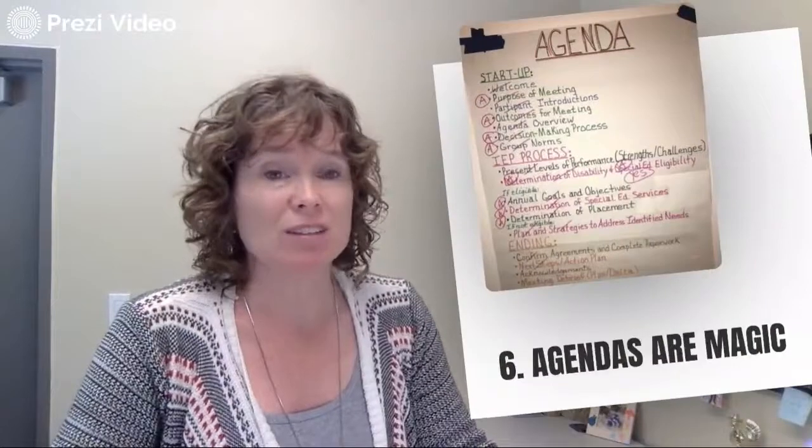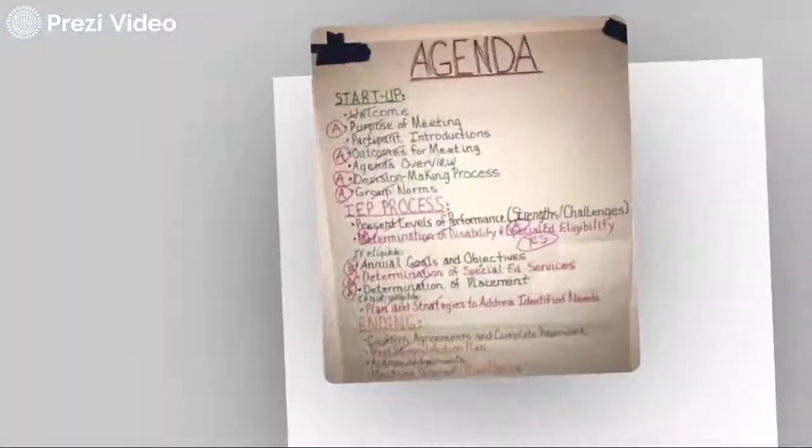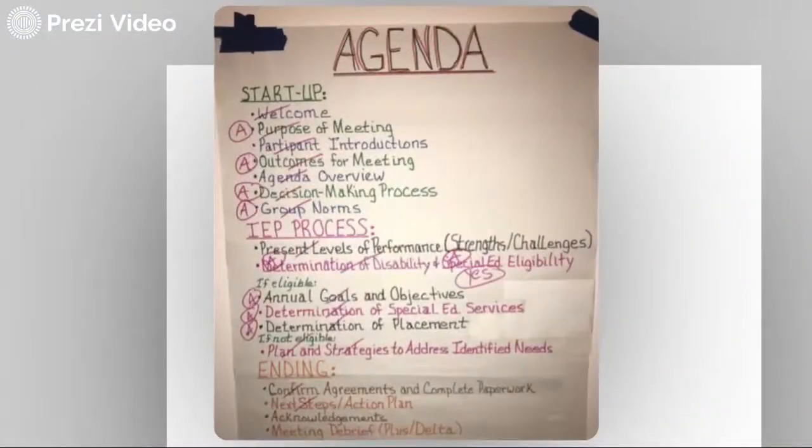Here we have a closer look at an agenda. Why are meeting agendas important? Well, they encourage pre-planning because different meetings require different agendas. They also provide a roadmap for participants so that they know where the meeting is going and where we've gone. It helps keep the team focused and on task. It allows the opportunity for the facilitator to build agreement. You can see those A's that are circled on the side to the left. That's an indication that the team agreed to each point in the agenda.